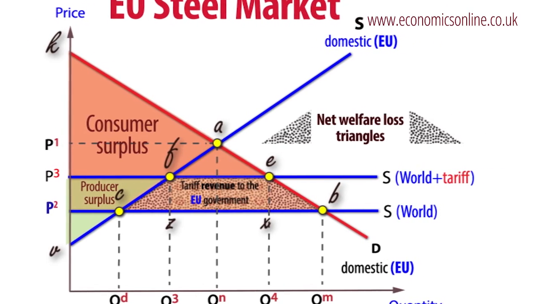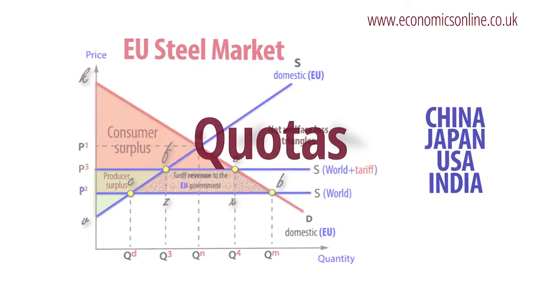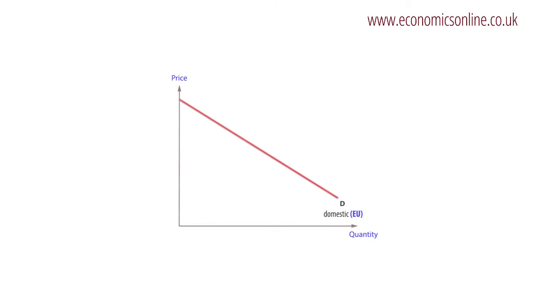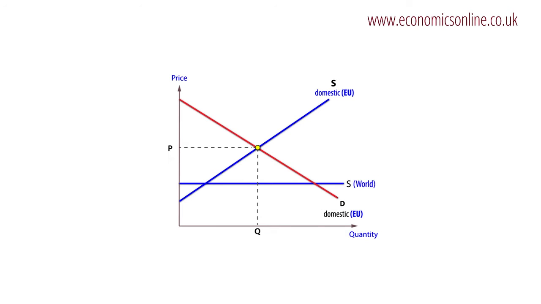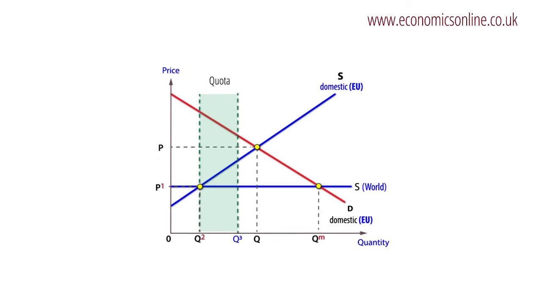An alternative to tariffs are quotas, which are limits on the quantity coming into a country or a trading bloc. For example, currently the EU has a quota on steel products from Kazakhstan. With no trade, market price will exist at the price which equates domestic demand and supply, at P, and with the output at Q. In an attempt to protect domestic producers, a quota of Q2 to Q3 may be imposed